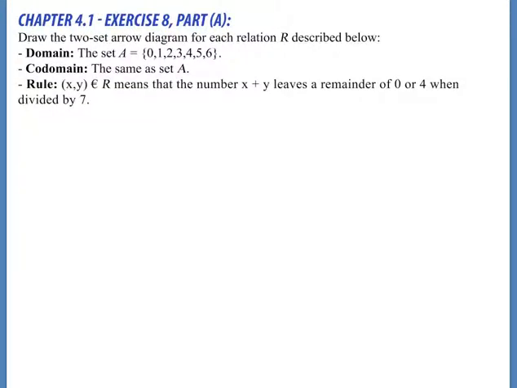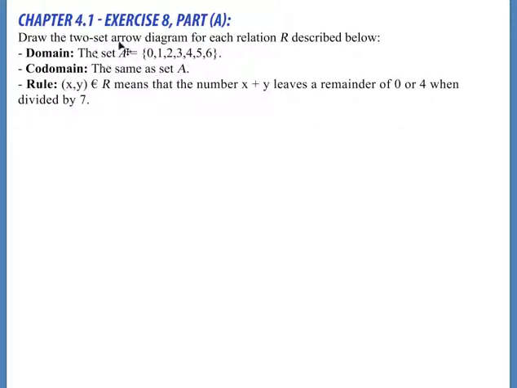Okay, so this is chapter 4.1, exercise 8, part A. I'll do this question in 3 different segments so that it's easier to see. So first you're gonna draw, the problem says, draw the 2-set arrow diagram for each relation R